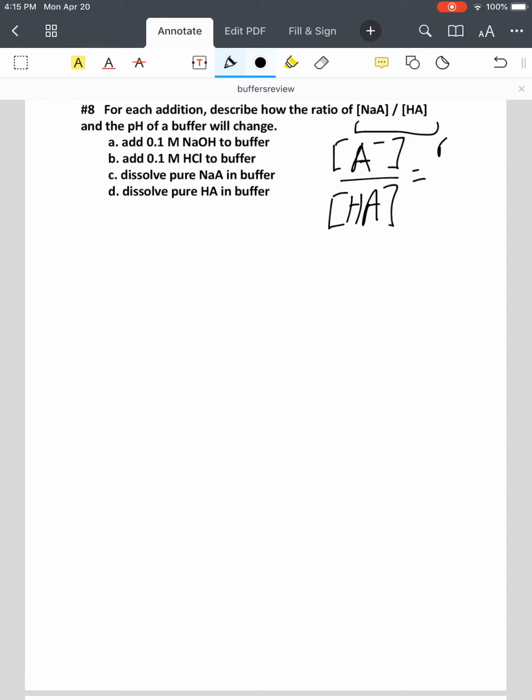And by now, you've probably developed a good eye for this. I think what they're asking us is the ratio of the base to the acid in this pH buffer. A minus is the deprotonated form, HA is with the proton, it's the base and the acid respectively. So for part A, we're told that we set up a buffer at a certain pH, and then we're going to add some 0.1 molar